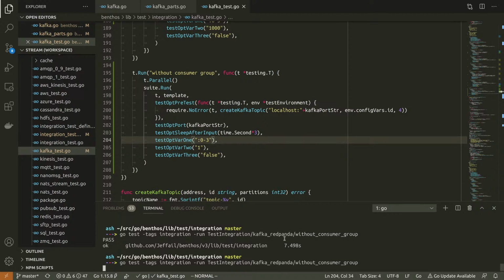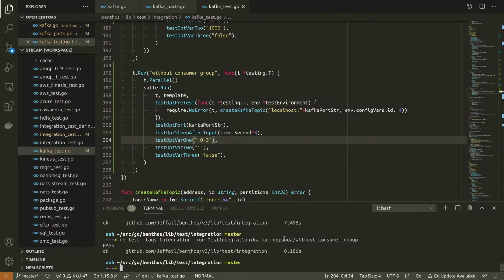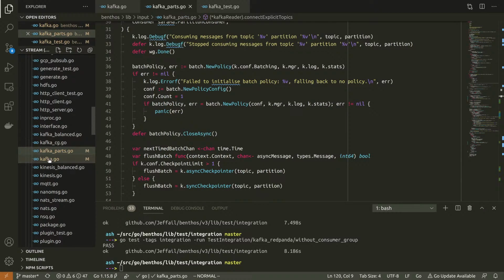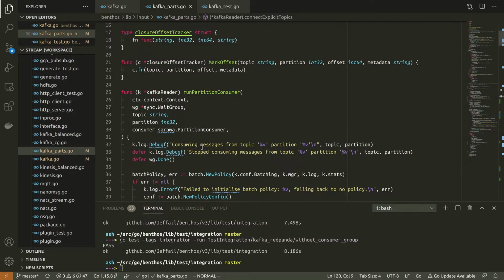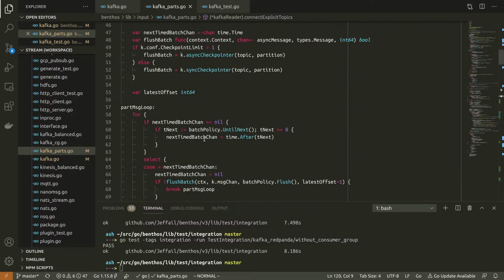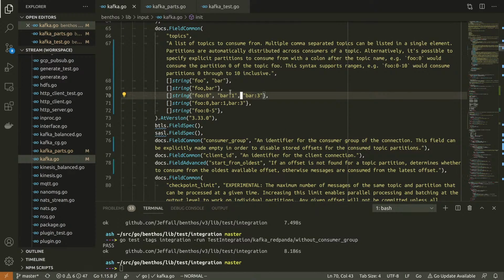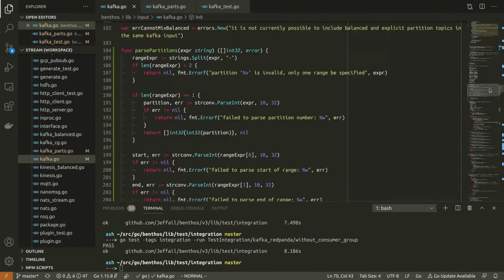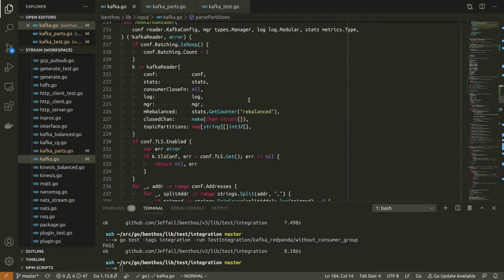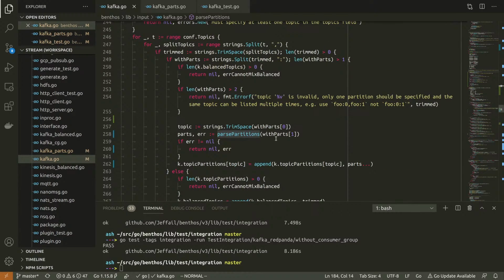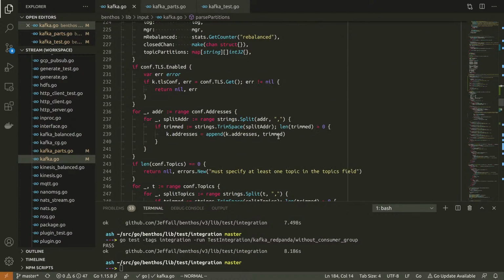Now this obviously doesn't include testing, like I don't have unit tests for error checking bad topics. I suppose I can do, because we don't actually do any integration up until the point where we verify this stuff, because parse partitions happens before we've interacted with anything.